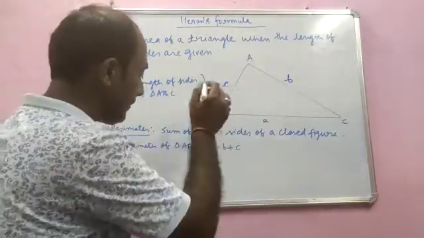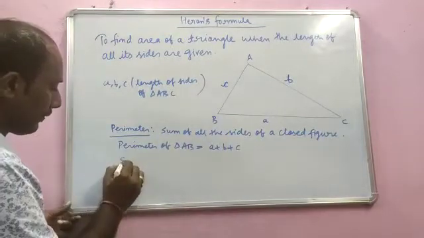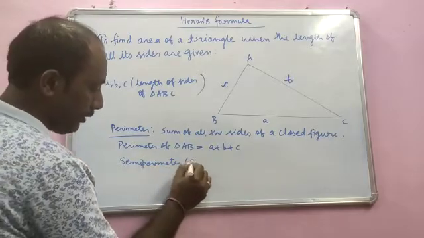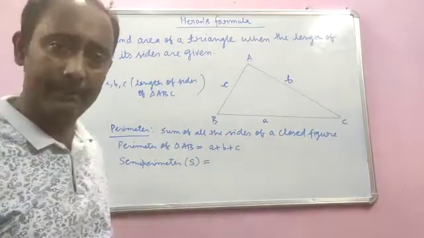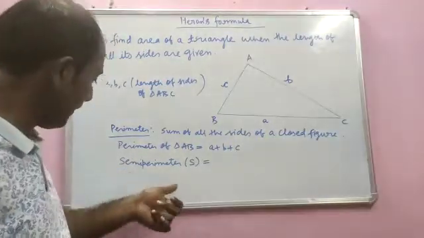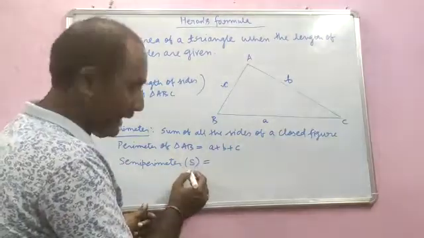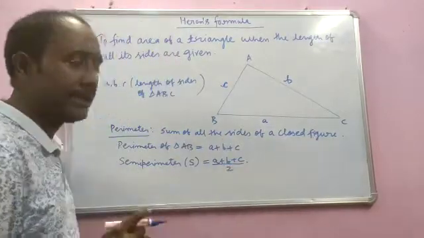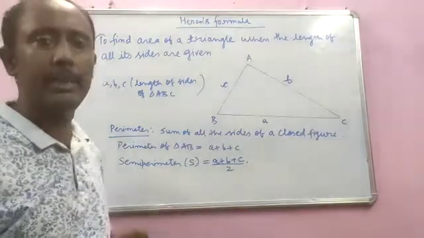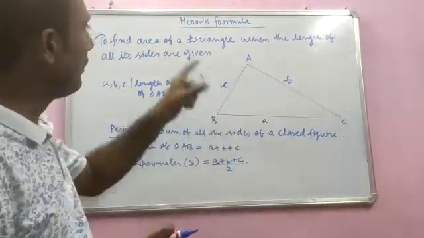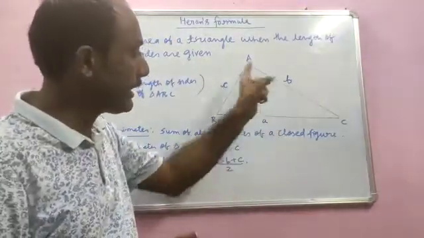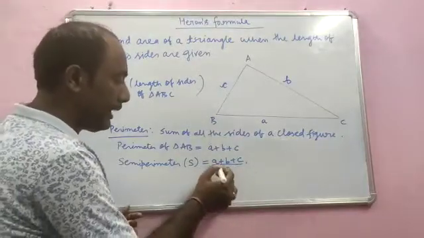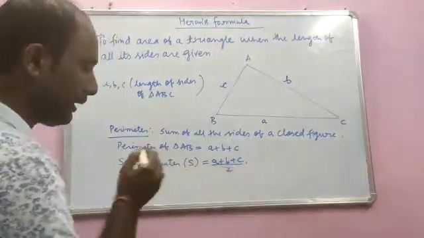So when length of the sides of triangle ABC are given to you, you need to find semi-perimeter. So therefore I was explaining you about the term perimeter. What does S stand for? Semi means half. So half of perimeter is called semi-perimeter, which is denoted by capital S. So semi-perimeter will be a plus b plus c by 2. So your task is to find semi-perimeter first for any figure where you have to find area of triangle and length of all the three sides are given to you. First you need to find semi-perimeter, and the formula for semi-perimeter is a plus b plus c by 2, sum of all the sides by 2.